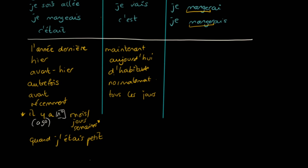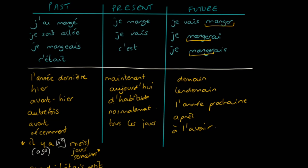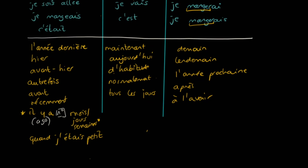Always useful as well. And then in terms of future, it's going to be things like tomorrow, isn't it? So demain, the day after tomorrow, après-demain. You might have next year, so l'année prochaine, or la semaine prochaine for next week. You might have après, after, à l'avenir, in the future. And the little one I'm going to put separately down here, so this little phrase après avoir, it's worth knowing. Après avoir meaning after having